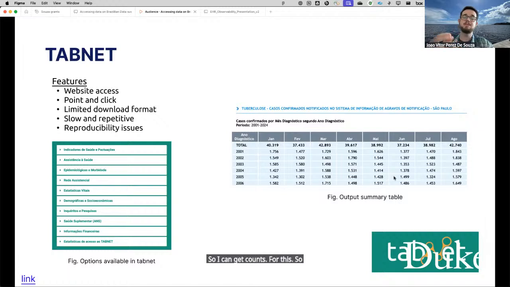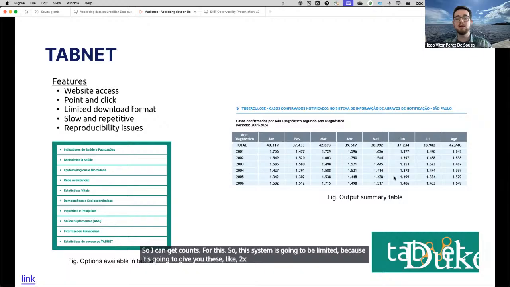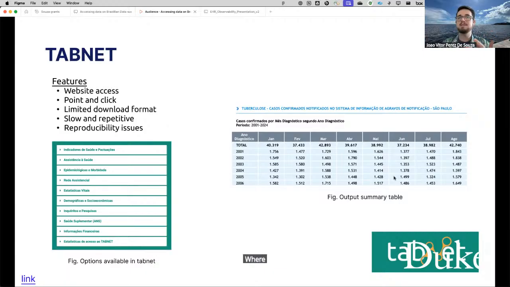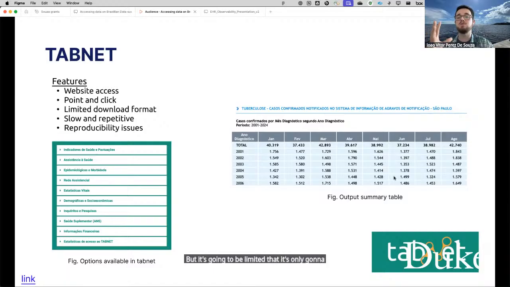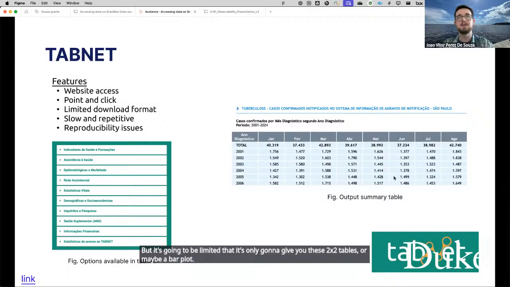So this system is going to be limited because it's going to give you these 2 by 2 tables where you can filter the data. Let's say I wanted to get only tuberculosis cases for males or females, you can do that, but it's only going to give you these 2 by 2 tables or maybe a bar plot or something.